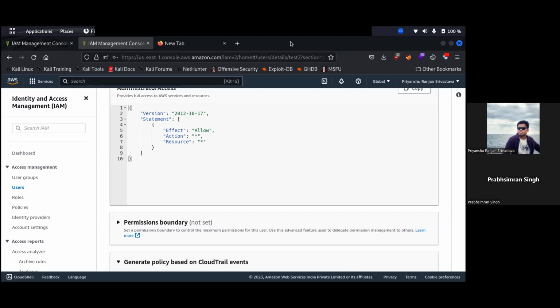The user who is part of both of these groups will have administrator access as well as reading the S3 bucket. So the permissions will be combined as well. That's the main idea. So that's pretty much it for the groups. Now let's see